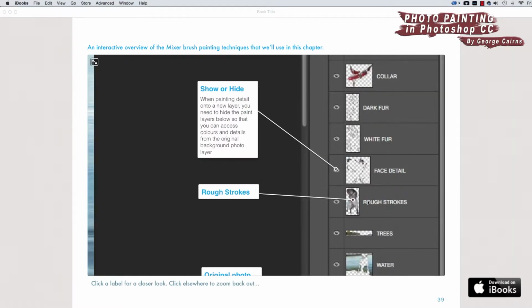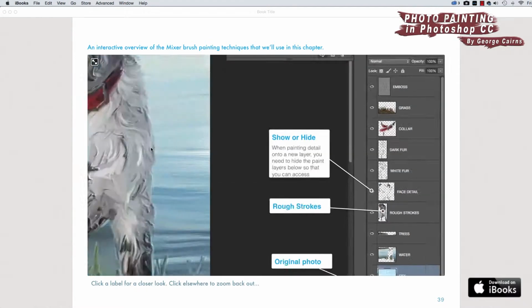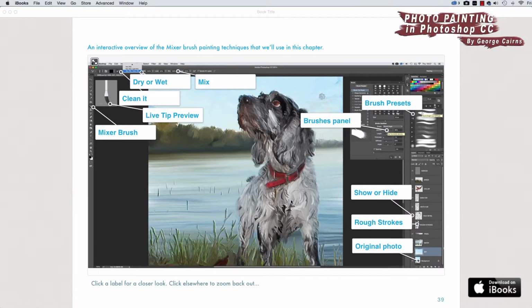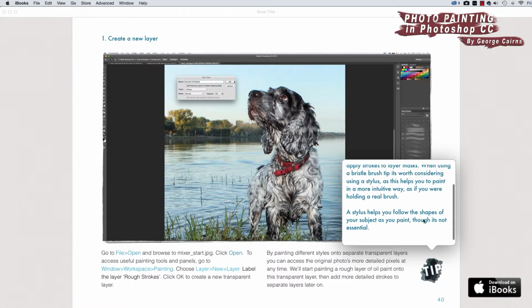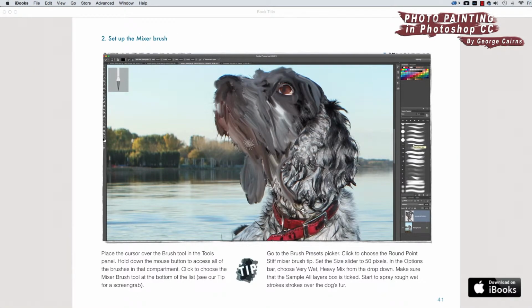You can see different layers have got different options there. We've got some rough strokes, delicate detail there, the white fur, the dark fur, and so on. Even the collar there has got its own layer to then build up the image as a painting rather than a photograph. And then you've got step-by-step guides with lots of tips to show you how to produce this particular